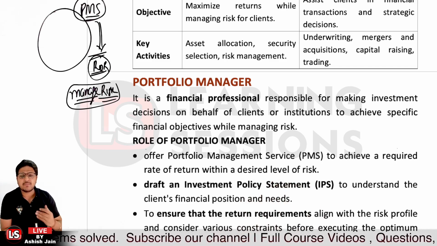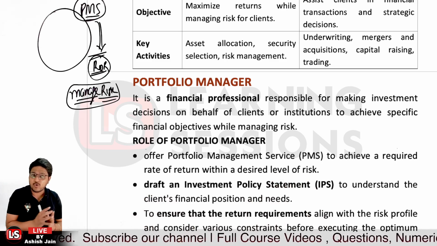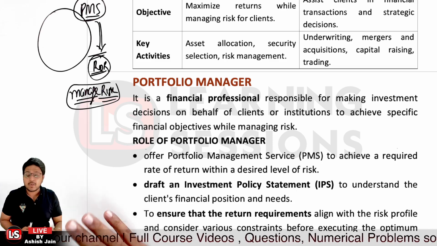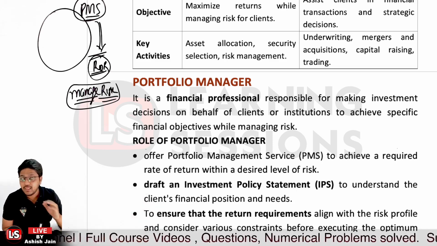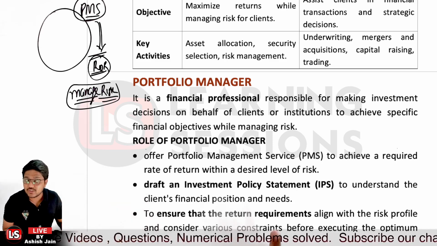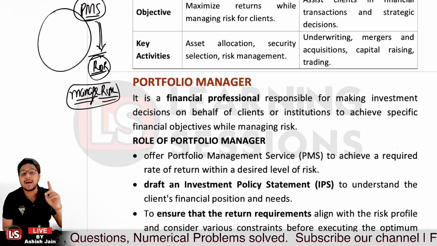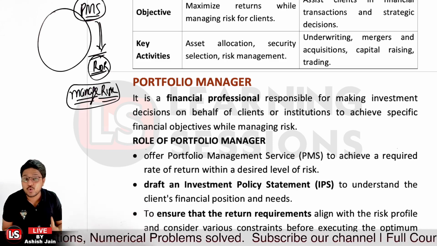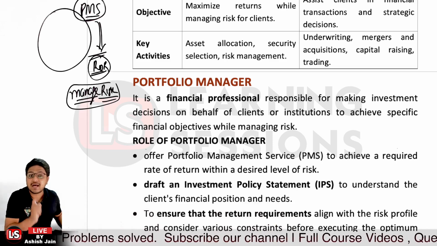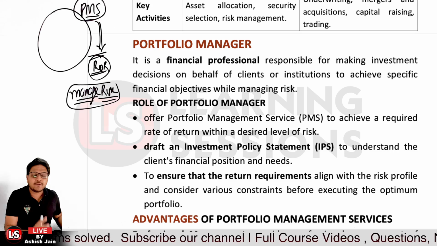Let's say guys, I am a client and I'm saying that I want you to manage my portfolio, but at the same time I want the particular VaR to be not more than 5% of my overall capital portfolio size. Now in that scenario, the portfolio manager must be looking only for those securities and investments where the risk objectives are also met, right? And further, that's the main funda.